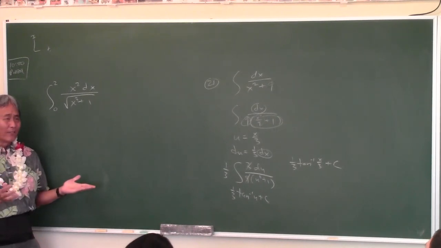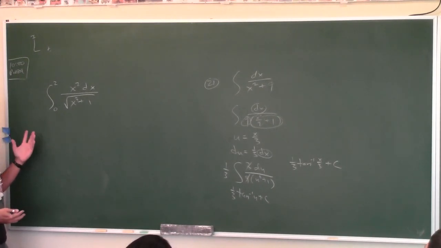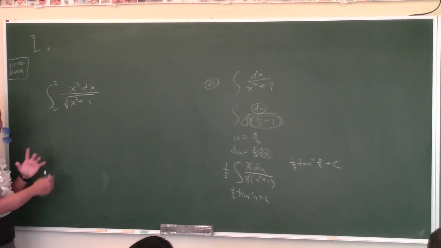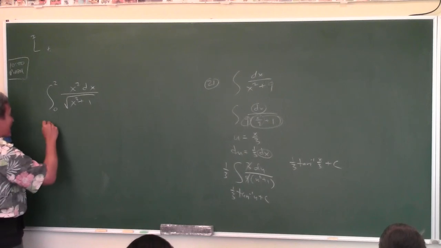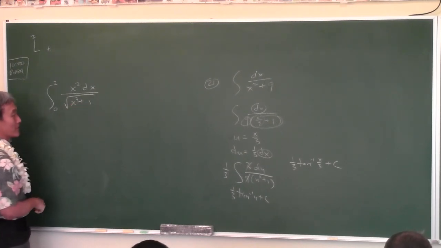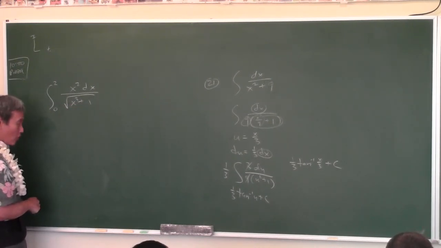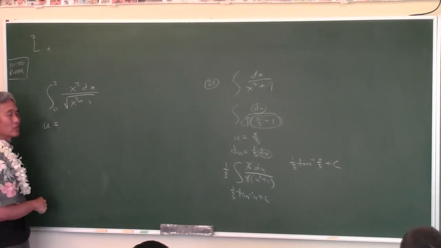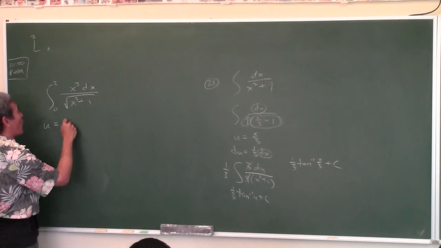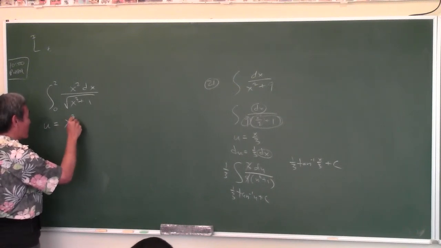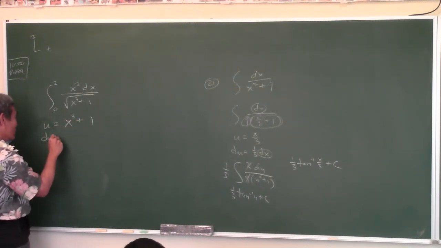So what do you do when there's limits on the integral? Now, this is a definite integral. How do you compute this? Do we do the same thing? Yes, you do the same thing, except there's a little thing you do in between. So we start the same way. The first thing you ask yourself, is it on the list? No, so I'm going to do a U-substitution. What should I let u equal to? You just told me x cubed plus 1. du is equal to,